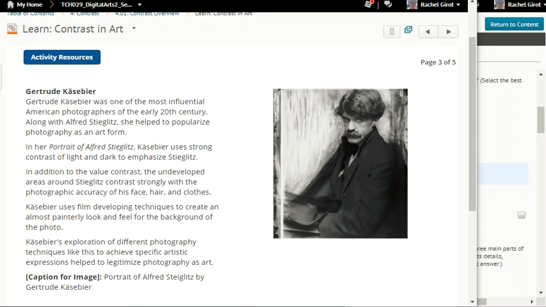Käsebier was one of the most influential American photographers of the early 20th century. Along with Alfred Stieglitz, she helped to popularize photography as an art form. In her portrait of Alfred Stieglitz,